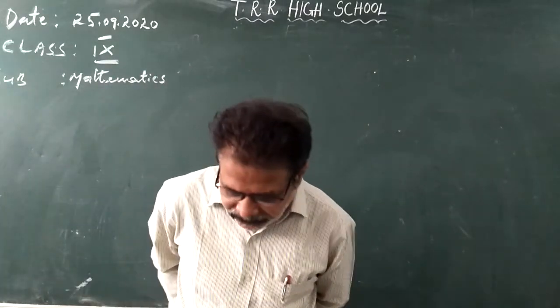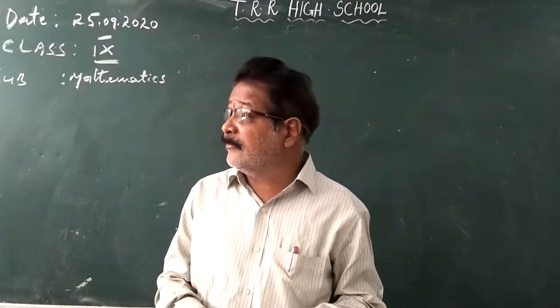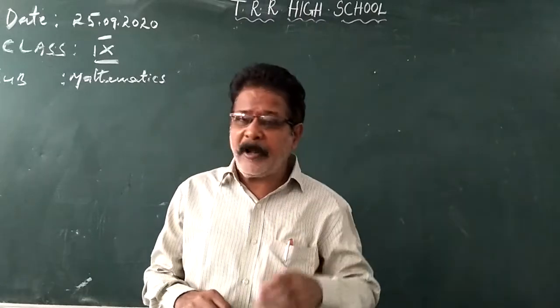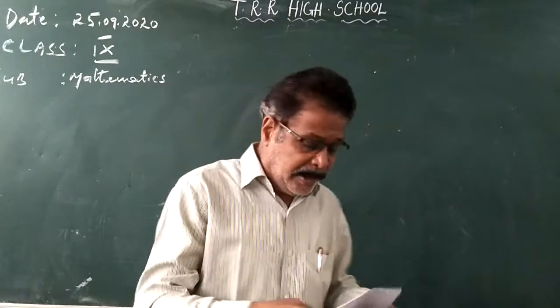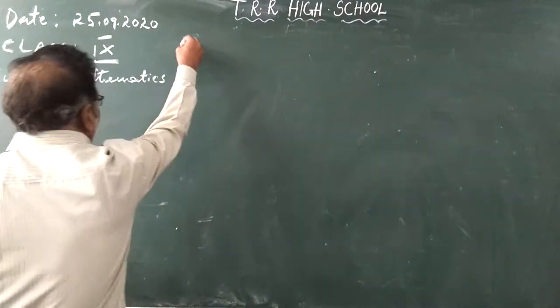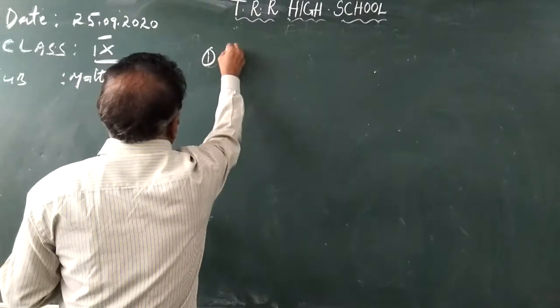So in the last class we learned how to rationalize numerators and denominators. In this class we will see some problems on rationalization and how to simplify them. Now, first question. Find the value of